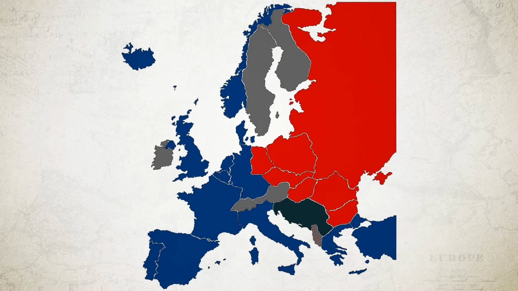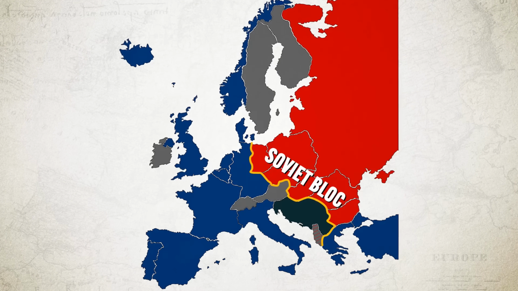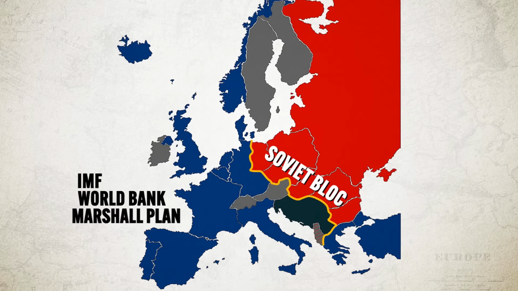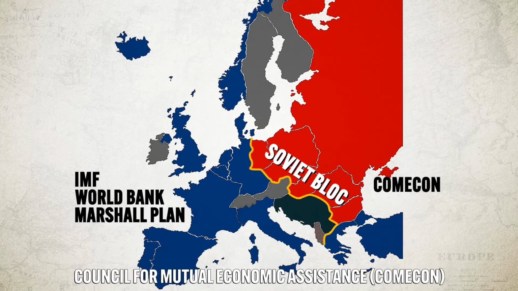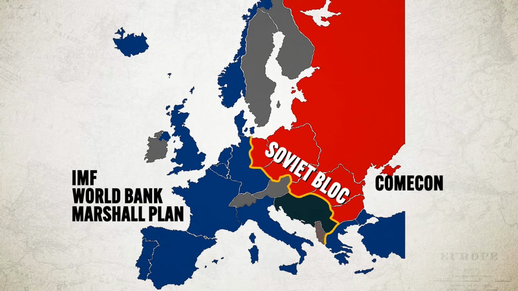And though there was plenty to complain about with the organizations that I just mentioned, politically and economically, the West was doing pretty well. But in Eastern Europe and the Soviet Union, it was a different story altogether. Countries east of the Iron Curtain, known as the Soviet bloc, came under the military, political, and economic domination of the Soviet Union. Their answer to the IMF and the World Bank and the Marshall Plan was the Council for Mutual Economic Assistance. And the goal of this organization was to bind Soviet states into a mutually reinforcing economic system which would make them all dependent on the Soviet Union.